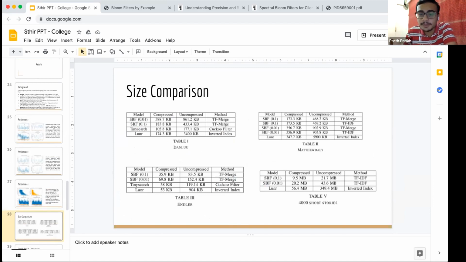It is about size comparison. On table 5, on the bottom right side, you can see that Lunr generates an uncompressed size of 349 megabytes using the inverted index method. By comparison, if you use spectral Bloom filters with 0.01 false positive error rate, it generates 43.6 megabytes, right? There is an 8 times difference between the most promising model currently in the market and our model. And if you use 0.1 false positive error rate, it halves itself and goes to